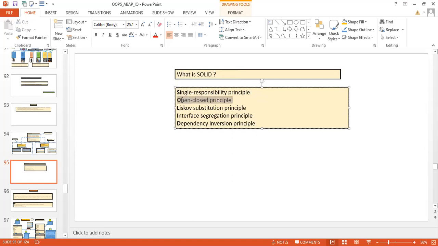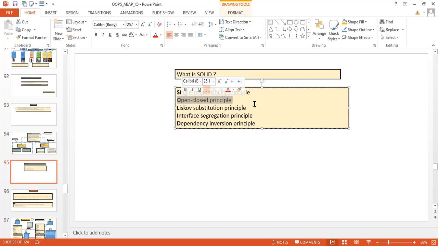Open closed principle. What is this open closed principle? Open closed principle means if you are going to design your project, if you got some project to develop in an object oriented way, you are going to design multiple classes, right?